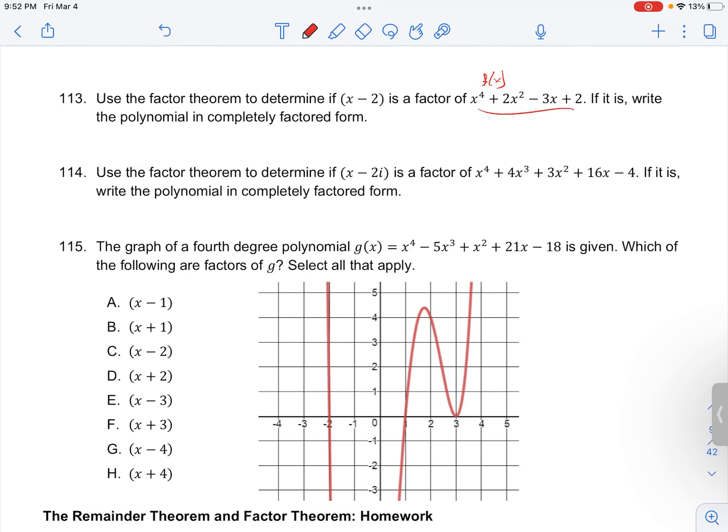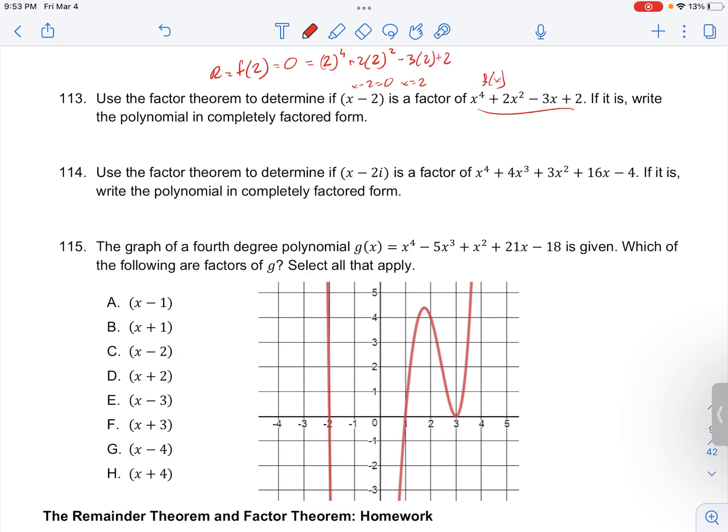that is what the definition of a factor is: when we can divide it without having a remainder. So we're going to go ahead and do that. Our remainder is f of the zero of the divisor, which is x equals 2. So when we plug in f of 2, we should get 0. And so we set that to 2 to the 4th plus 2 times 2 squared minus 3 times 2 plus